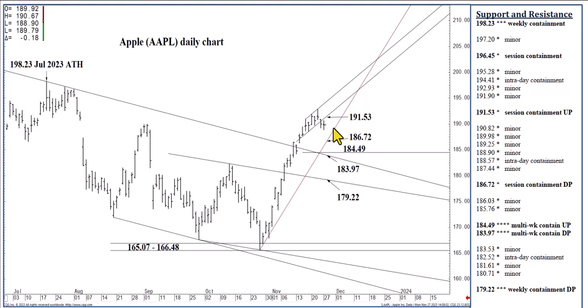So if we close back above 191.53, that is a new high settlement price following this October low, a higher settlement price than last week's high settlement price. That should result in bullish continuation through the rest of the week and into next. I'll get to that in a moment. But for the time being, this is our short-term ceiling, below which a 3 to 5 day swing trade can yield